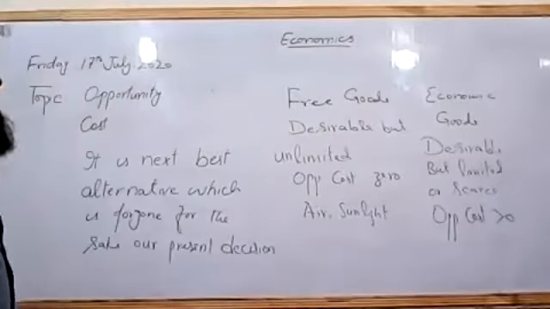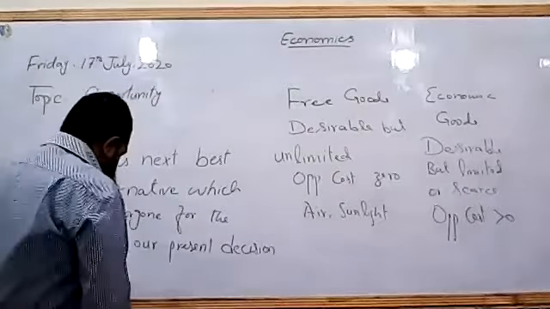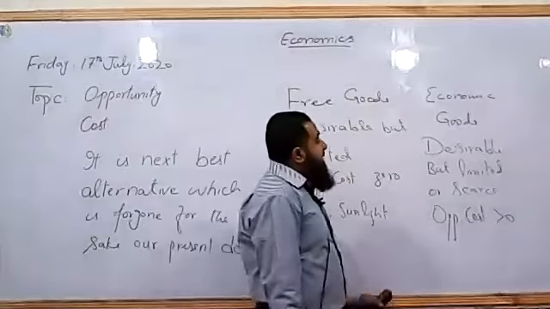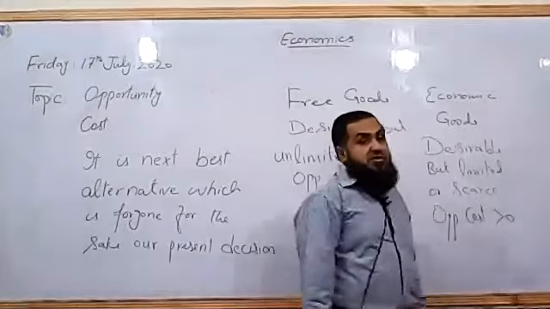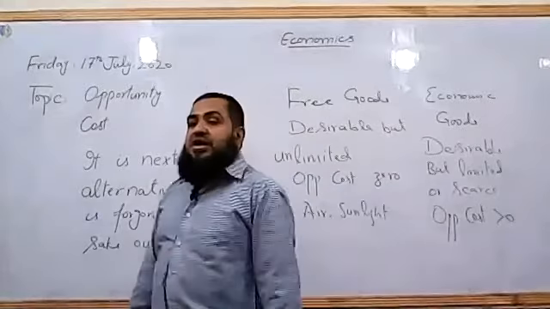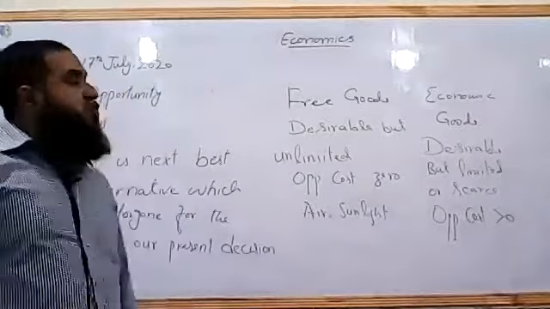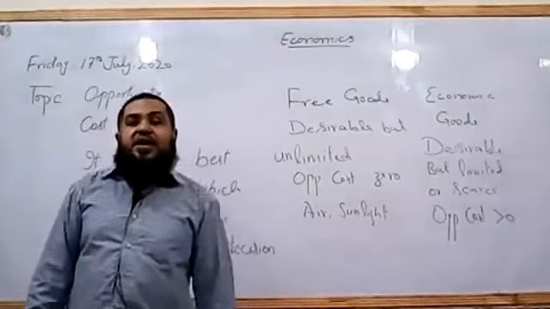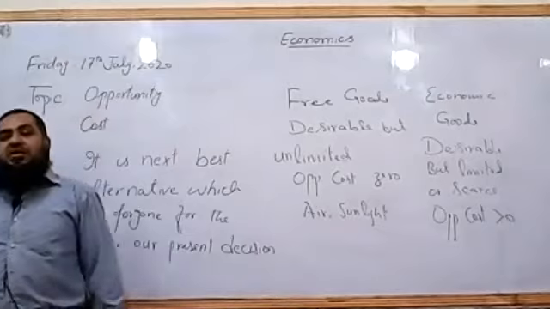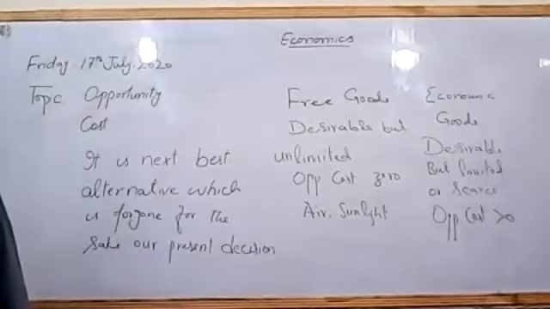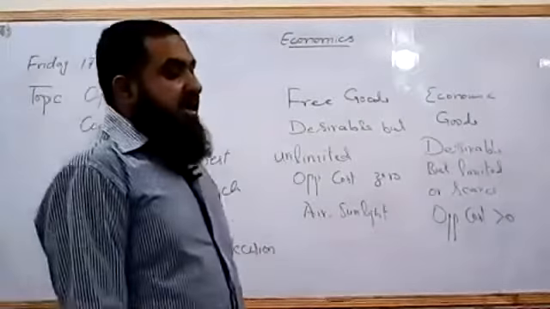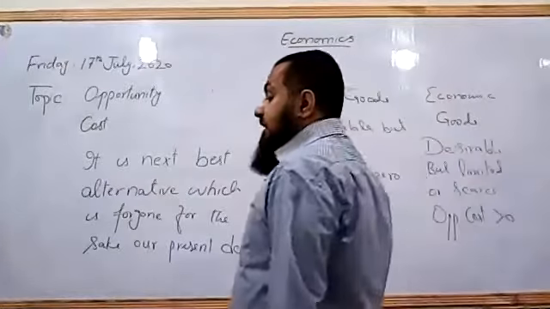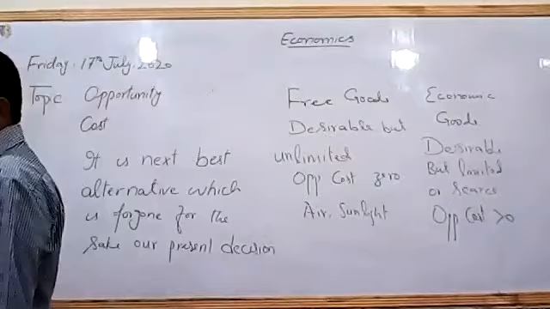They are scarce. The resources which are limited in supply, they have the opportunity cost because they are having alternate uses. So they become the economic goods. So there is a long list of the goods which are economic in nature, like consumer goods. Consumer goods, these are the goods which are going to satisfy the human needs and wants. So they are limited in supply, so they are demanded by majority of people or all of the people. So then we say these are the economic goods.